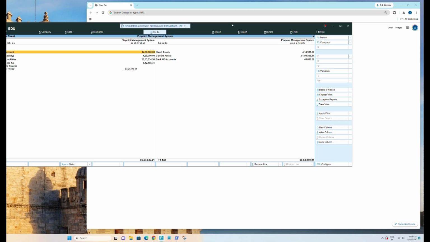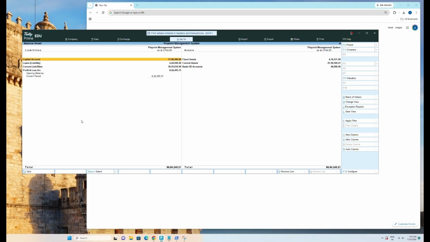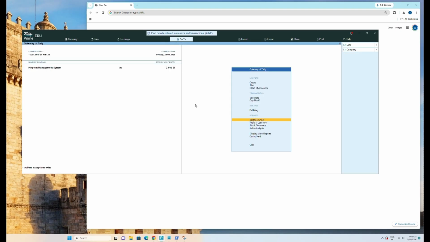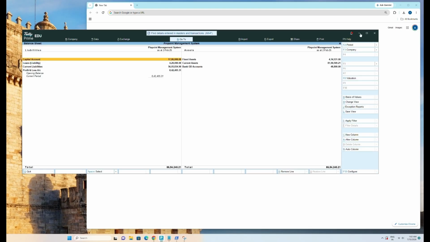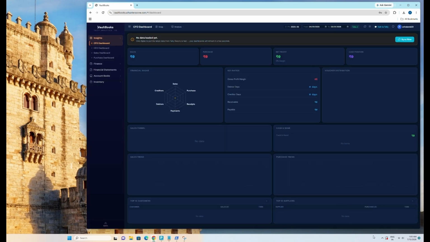Open Tally Prime and check different reports on your desktop before connecting online. This is the most important part: if Tally is not open and its client server mode is not enabled, Tally will never allow you to share data to other machines, as Tally Prime is a single user version and you can use only one license per desktop. But when you start using Tally Dashboard, you can use unlimited users,